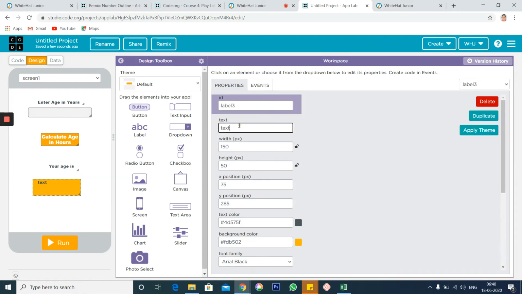I'll remove the text from inside this because this is where we are going to show our output. So this is our input. This is our output. And down below I will write hours, so that we know that it is in hours.